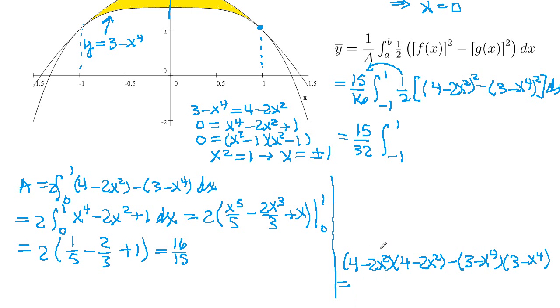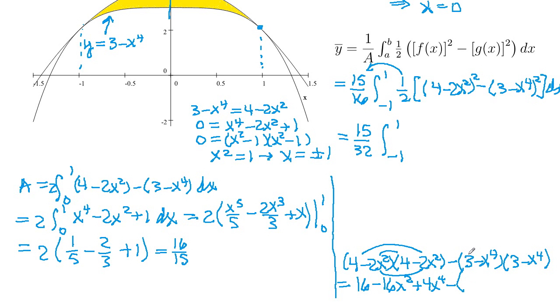So first terms here, 16. Outer terms, minus 8x squared. Inner terms, minus 8x squared, so minus 16x squared. And then last terms, negative times negative, positive 4x to the 4th,